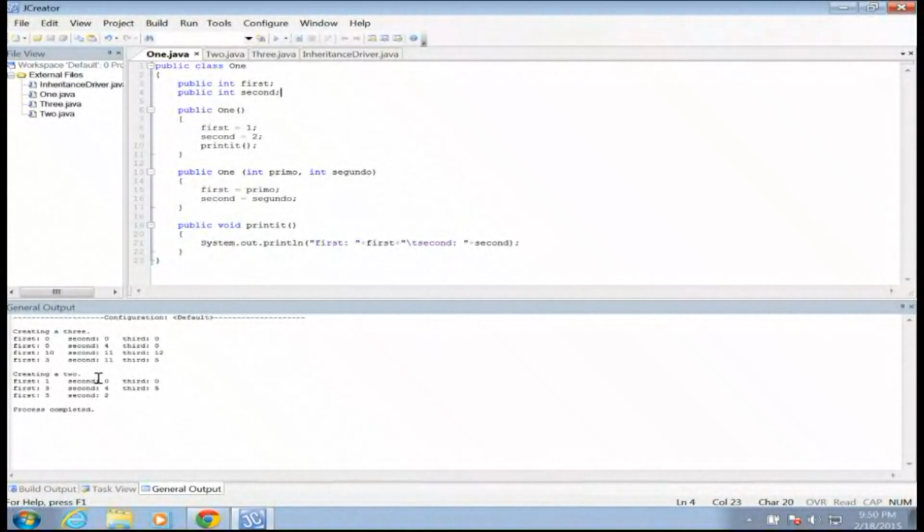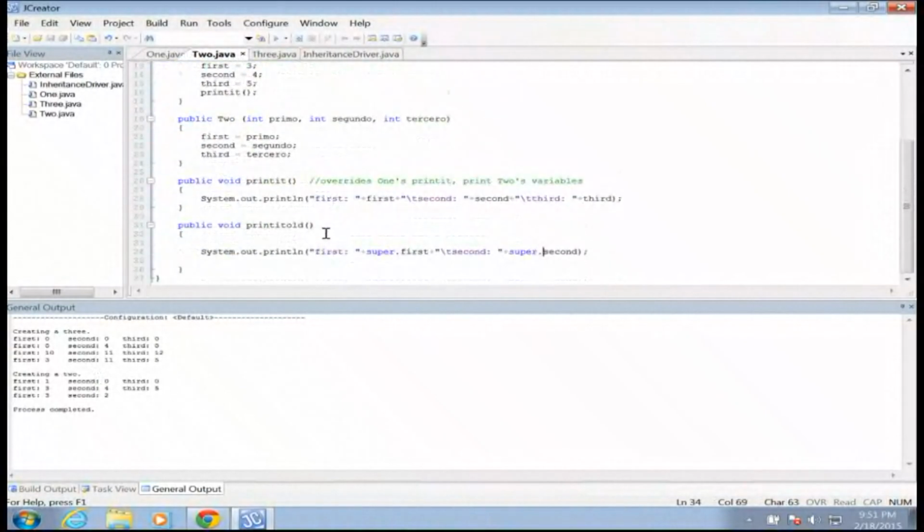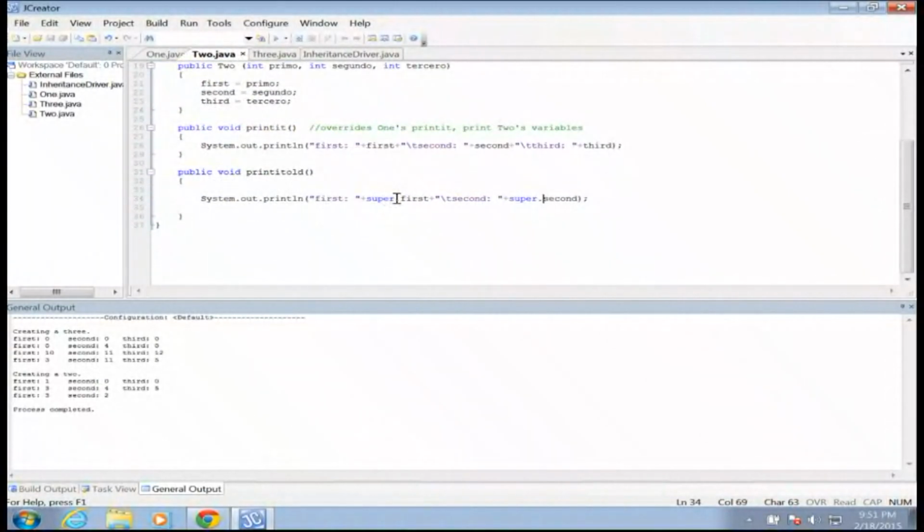So, I know this is confusing. It's very difficult to understand, and you kind of have to actually draw pictures and see what's happening here to see the 1 and the 2 and the 3 kind of in space, to see how the variables overlap each other, because it is difficult to understand. But this actually gives you a lot of power. This actually gives you a lot of finesse, because you can talk about my variable called second, but you can also talk about my predecessor's variable called second. And using the super